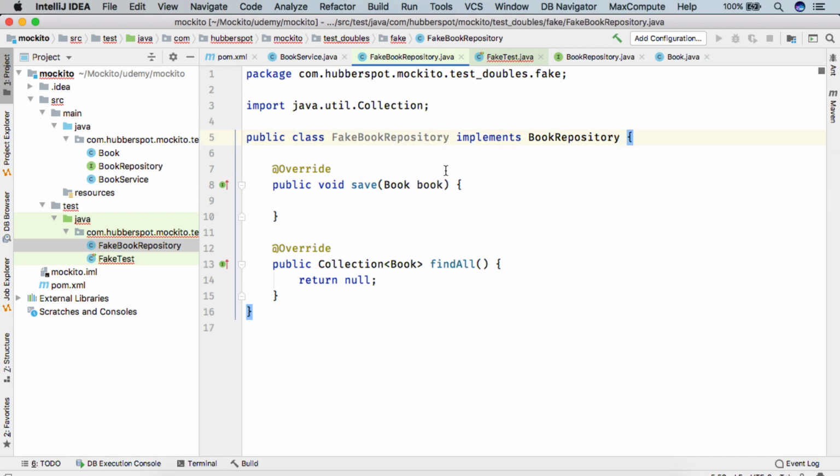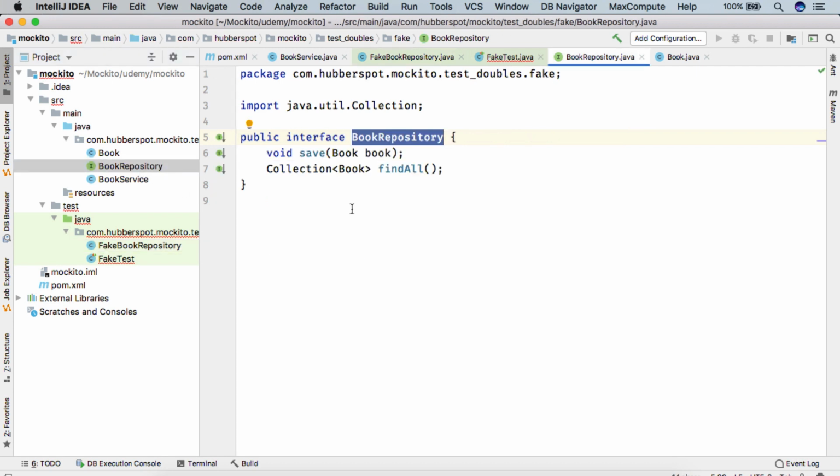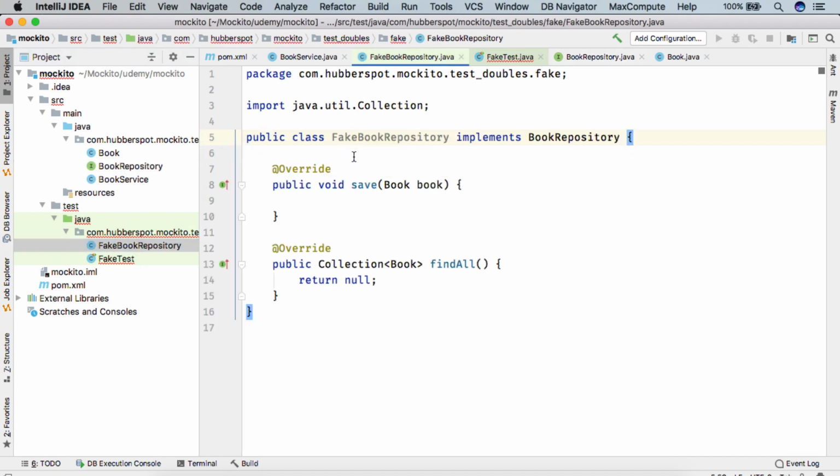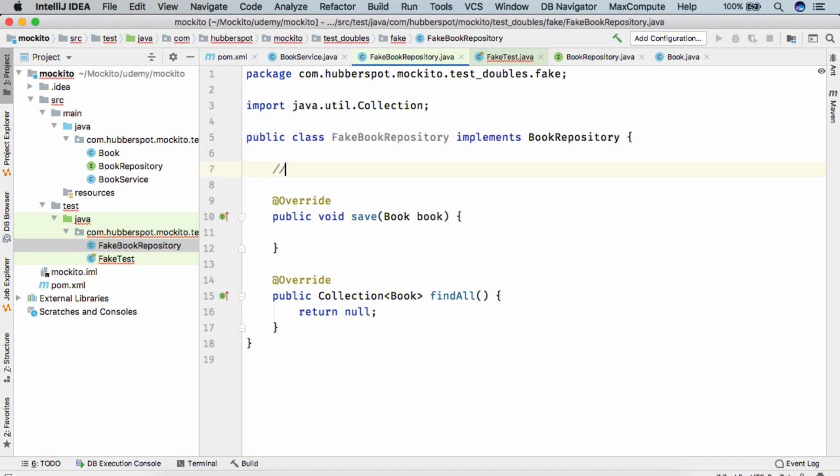So friends, here you can see the fake test double. What it does is, instead of going to the actual database, it can create a lighter form of database which is very local to our test cases. So what we can do is, instead of the actual production database, we can either use an in-memory database or a hash map or list to basically act as a bookstore.